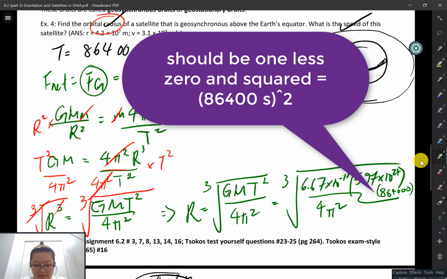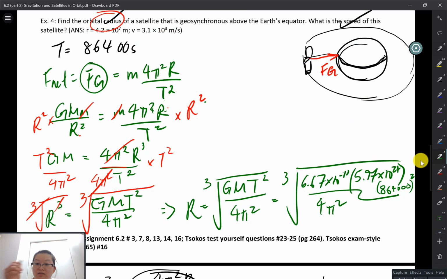Now, it's a little messy, so double check what you put into your calculator, because I know some of you are going to mess up. I will mess that up too sometimes. So, divide by this, and, oh yeah, if you put in your calculator, a good way to take the cube root is you can also take it to the power of 1 over 3. Taking a power to the 1 over 3 as a fraction is the same thing as taking the cube root. Okay, so this is going to give me